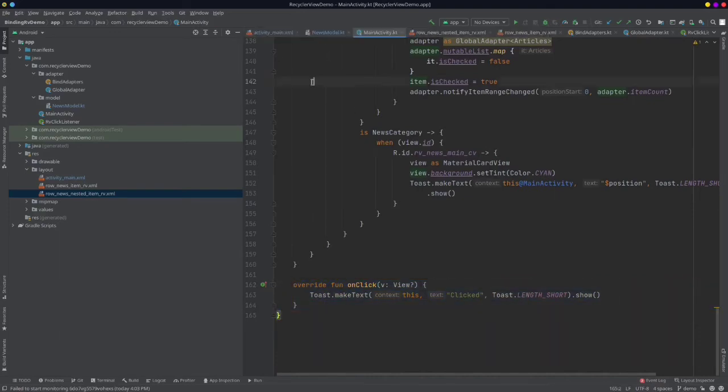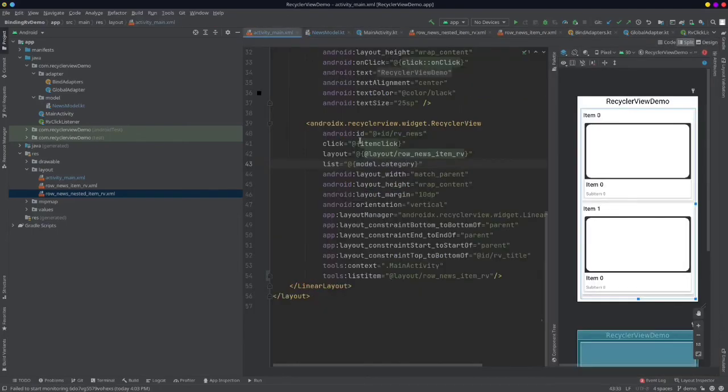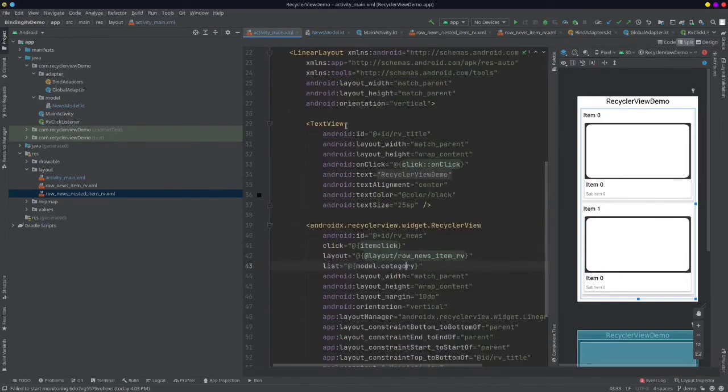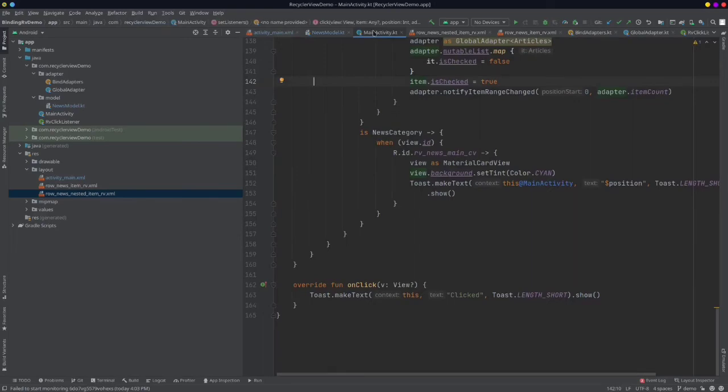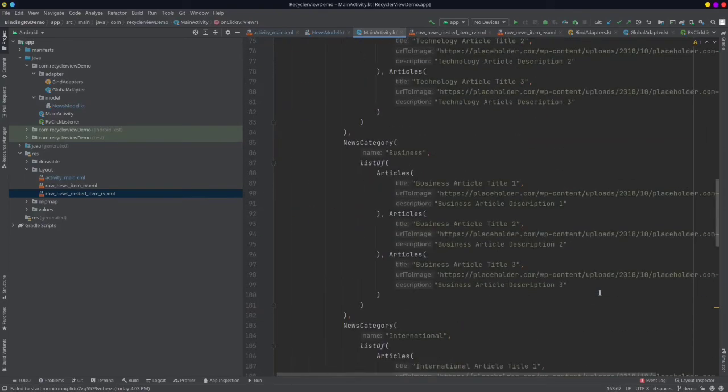So to showcase this, let me move to the main activity. So for the text view, as you have noticed in the video at the start, when I click on this text view, one toast message is displayed. So I am simply invoking on click with the help of our binding, and then I'll get the callbacks here. Just to showcase how this works, I have put this toast here.